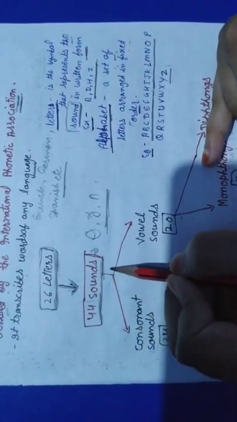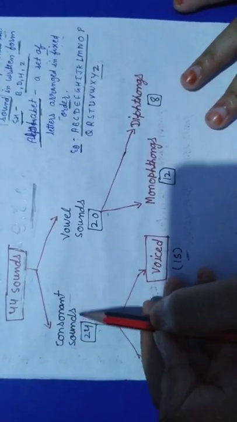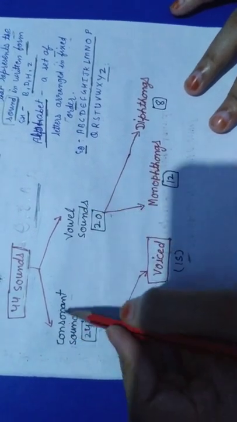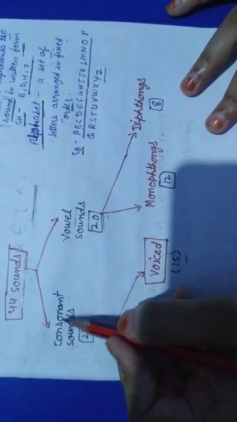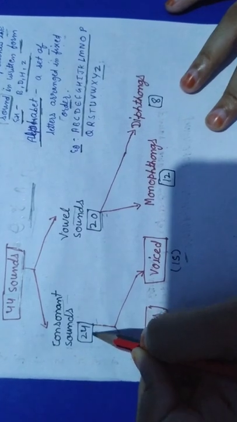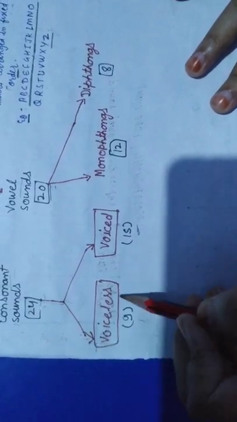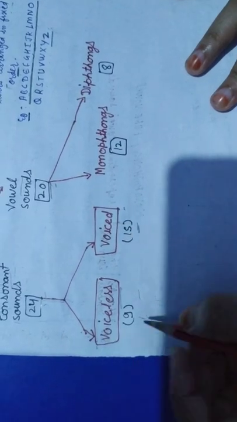Now 44 sounds are divided into two parts, that is consonant sounds and vowel sounds. Vowel sounds are 20 and consonant sounds are 24. Now we also divide consonant sounds into two parts, voiceless and voiced. Voiceless is 9, like p,